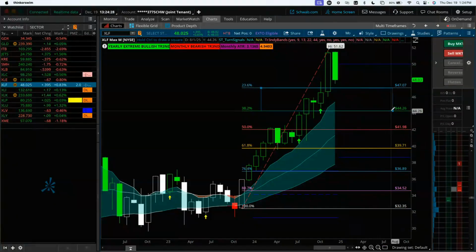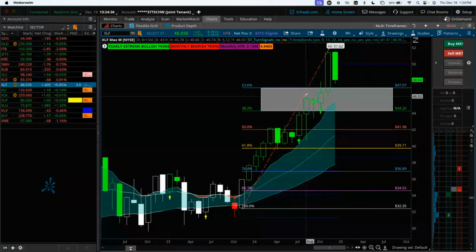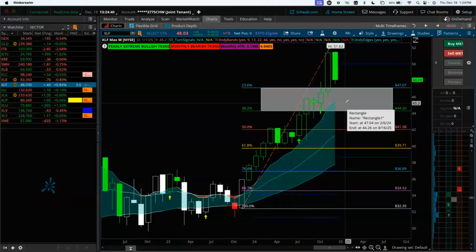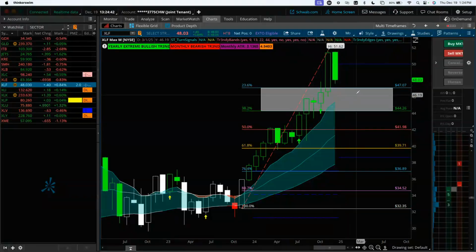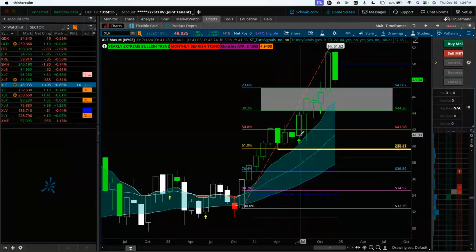Do I hope for an even deeper pullback? I do. The reason being is because the bull channel of this uptrend is here between $47 and $44. I have a monthly demand inside of this bull channel. That means for me, this is a great place to buy the dip. And then lower down in the golden pocket, I also have another monthly demand zone down here around 41 to